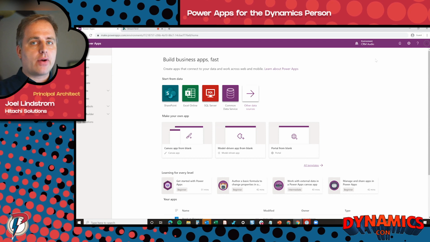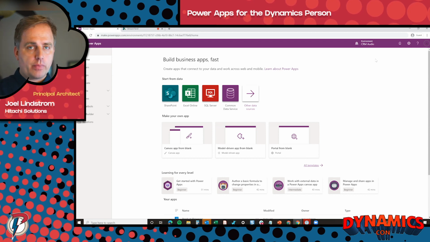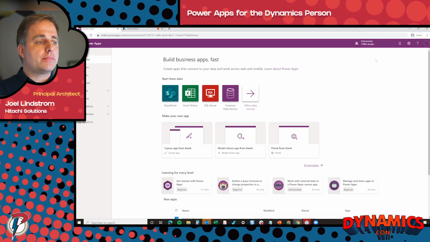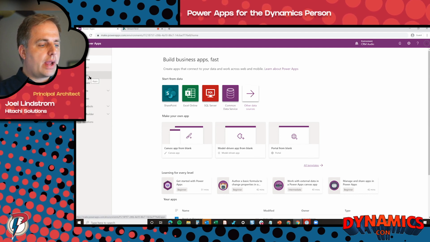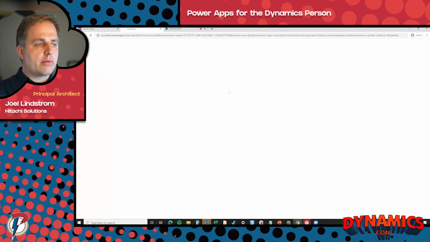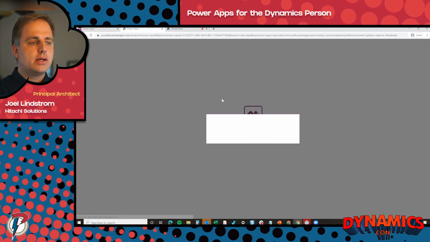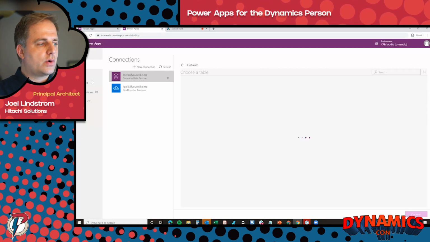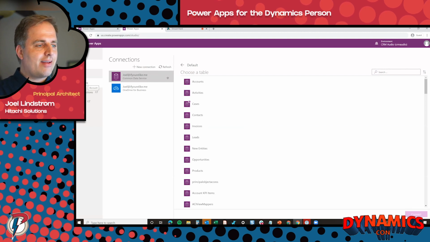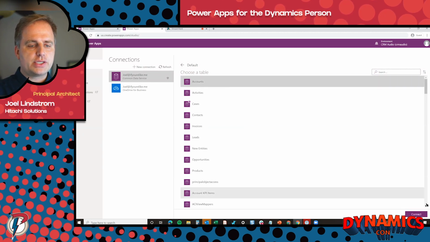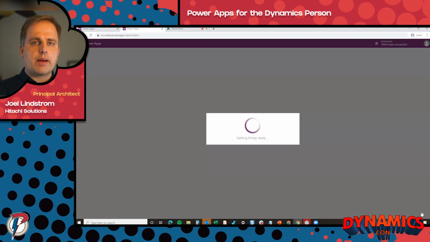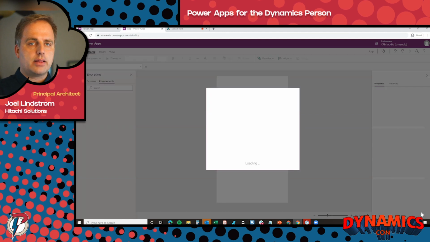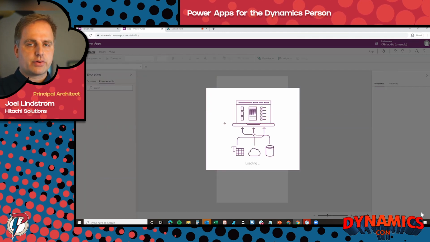So now I'm in make.powerapps.com, the maker portal, which, by the way, is the new maker experience for both model-driven and Canvas apps. From here, let's go ahead and create an app. First of all, I'm going to create one from my data. If you've never made a Canvas app, this is a great way to do it, because it gives you a way to quickly have an app and get a quick win. I'm going to choose account, and then it's going to build a sample 3-screen app that has a list screen with a gallery, a detail screen, and then an edit screen. So it's a great way to look at that.